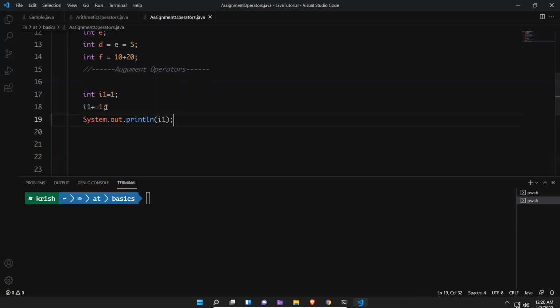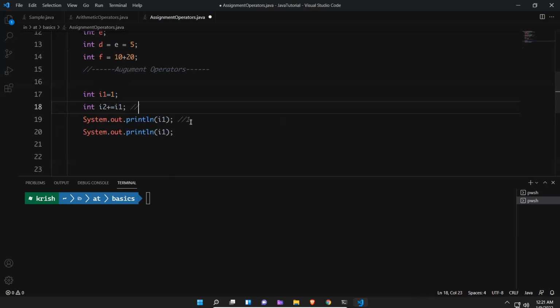Instead of this way, we can do something like int I2 plus I1. Now I will print both, I1 and I2. I1 is a direct assignment of 1, so it will be 1.